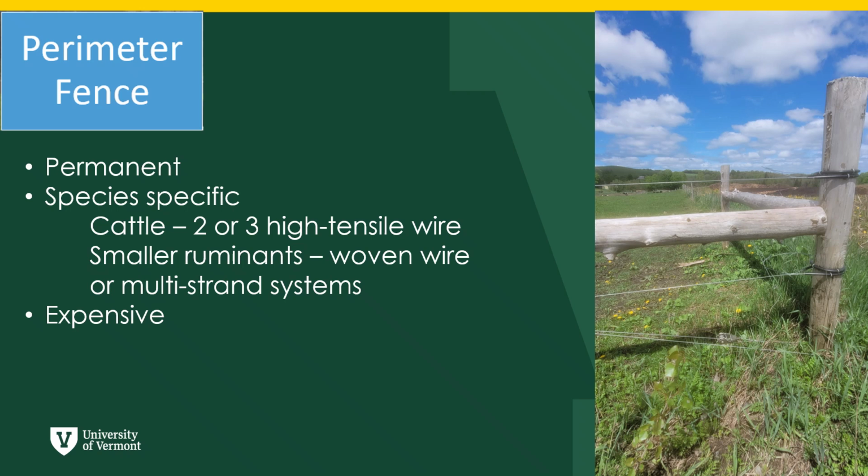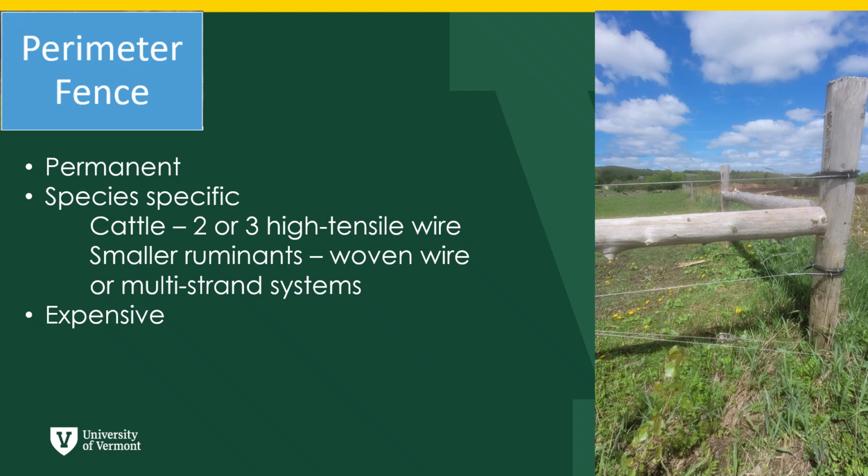Perimeter fence is generally permanent fence that is installed around the outside of larger pastures. Once again, the considerations for the materials and installation needs for perimeter fencing are highly dependent on the grazing species. Larger ruminants may be just fine with a 2 or 3 wire system, whereas smaller ruminants may need a woven wire or multi-strand design. Other things to consider are how close to roads, residential, or commercial areas the pasture is,